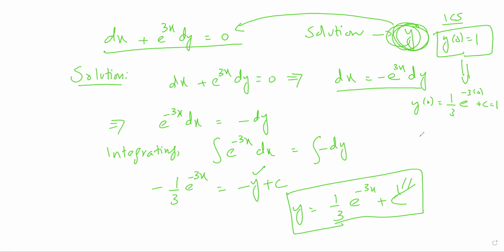So then 1 by 3 plus c will be equal to 1. So c is equal to 1 minus 1 by 3, which is 3 minus 1 divided by 3, which is 2 by 3. So in that case, if we impose this initial condition, so in that case,